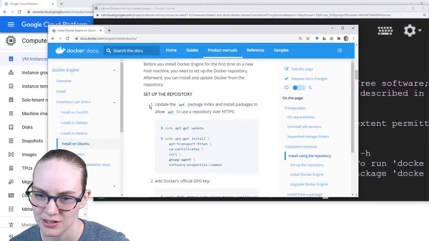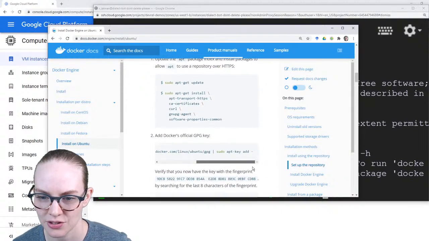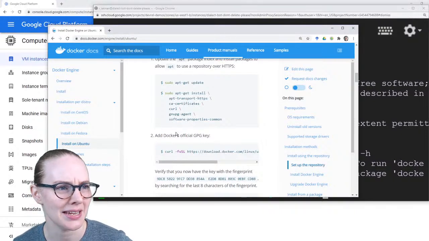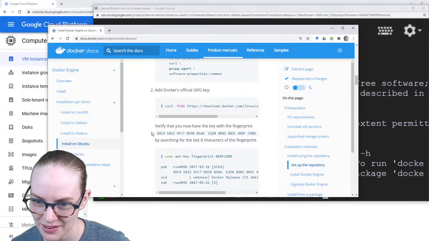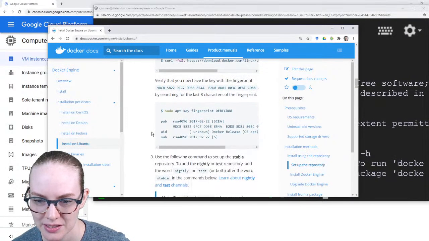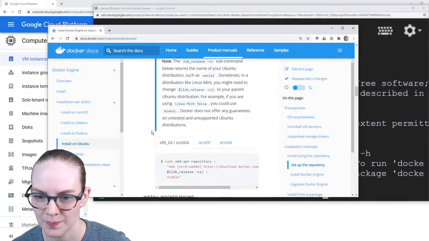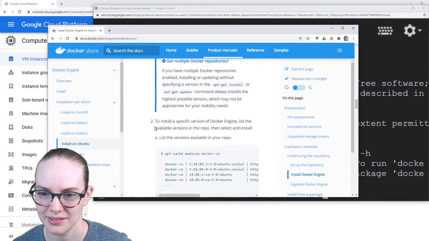Update the apt package index, and install packages to allow apt to use a repository over HTTPS. Add Docker's official GPG key. What's a GPG key? Mystery. All right, verify that you now have the key fingerprint. Use the repository command to set up the stable repository. Install Docker Engine.